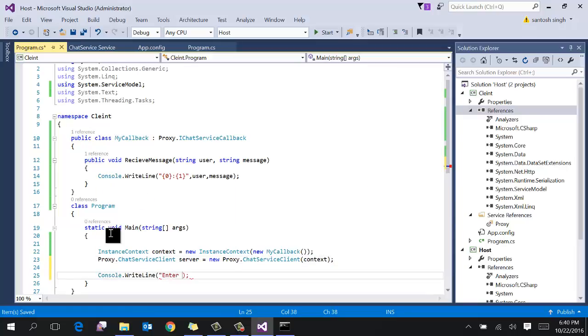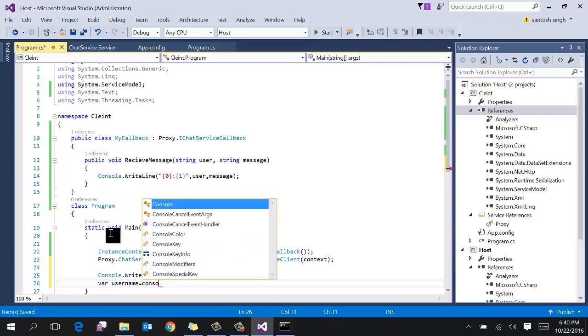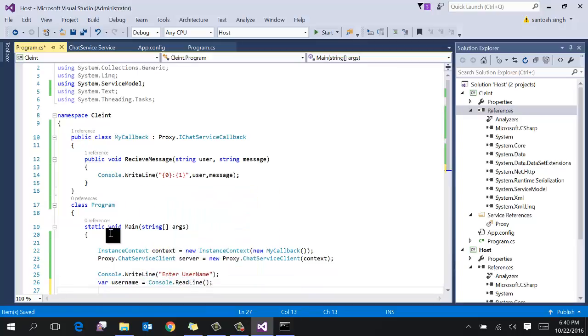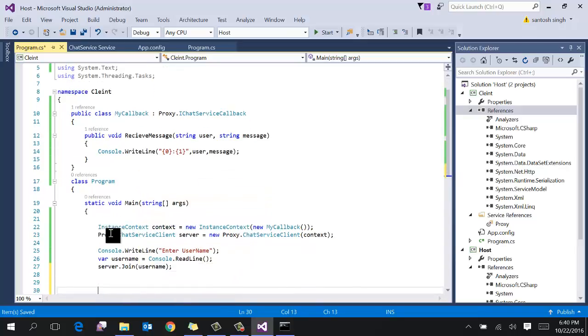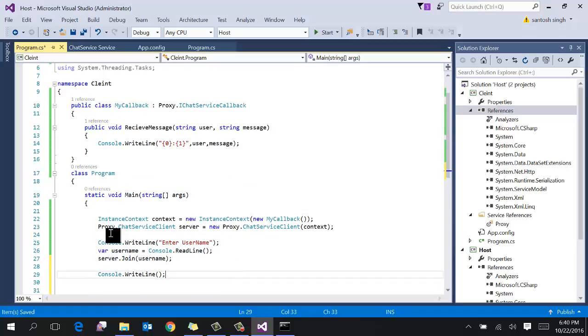Ask for the user input, enter username, collect it in a variable and call server.Join and pass the username. Now ask to enter a message, press Q to exit.